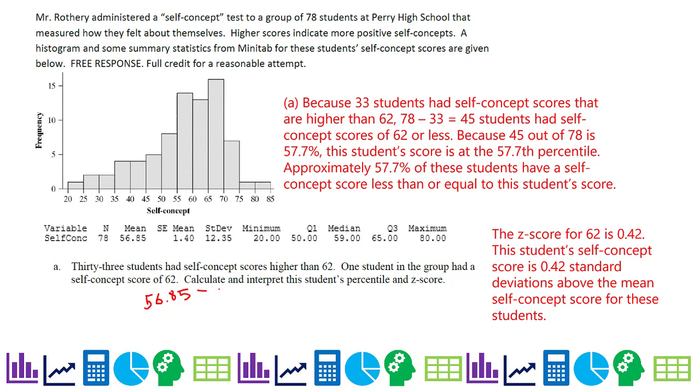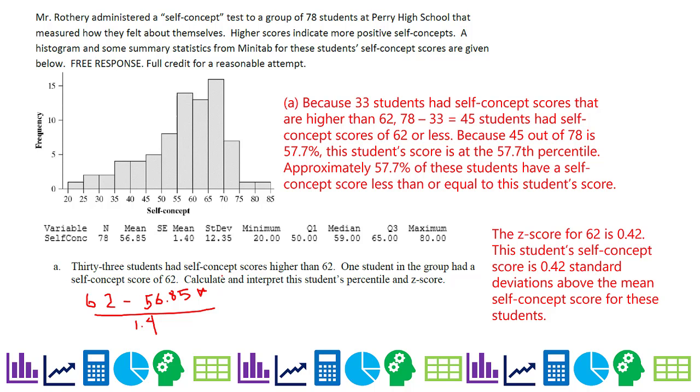Minus, actually it's minus the mean. It's your data point minus the mean. Ignore this, this is not part of it. 62, so we're going to have a positive z-score because we're above average. And so that's roughly, not quite 6, right? It's close to 6. And we're dividing by 1.4, and you will find that one student in the group had